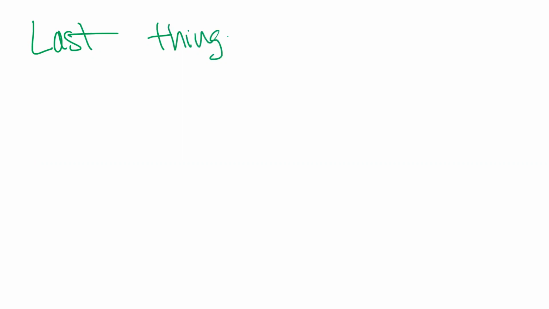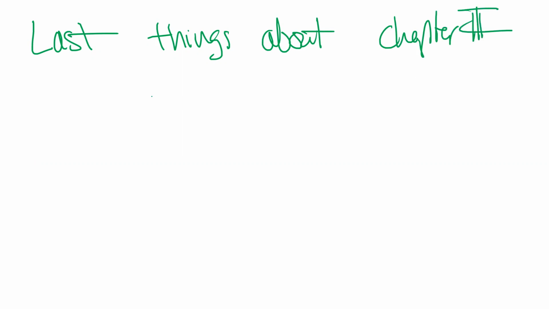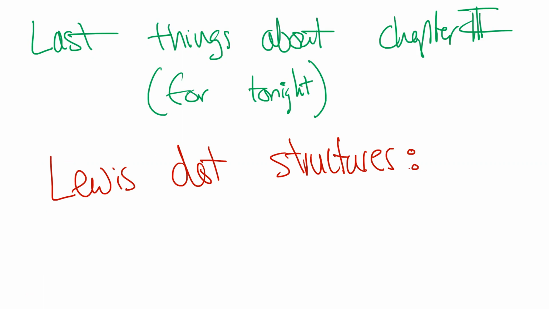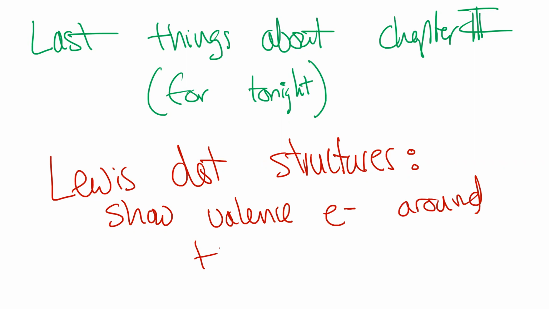Last things about chapter 3 for tonight. First, Lewis dot structures, I think, are something actually from the end of chapter 2 to begin with. Lewis dot structures show valence electrons around the atomic symbol of the